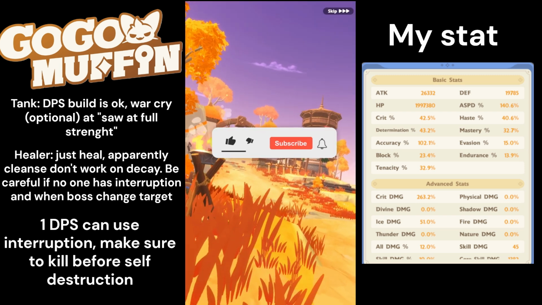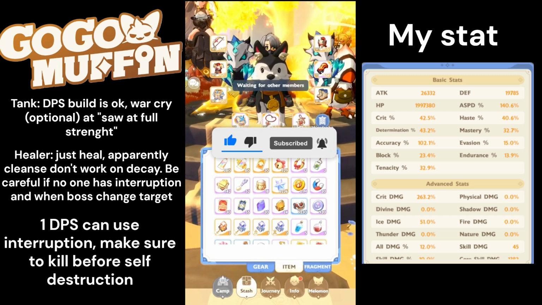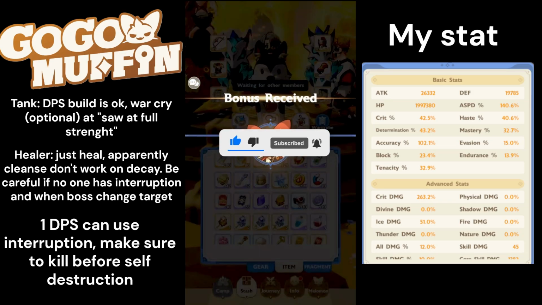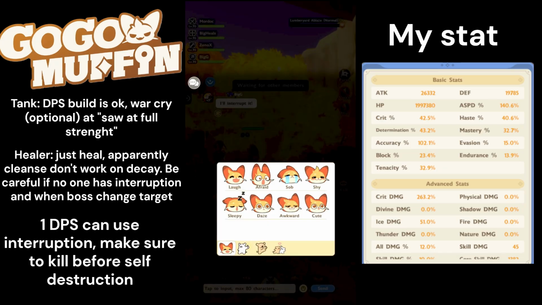Hey guys, we finally got a new rift. This one is actually quite easy, as at least it's faster compared to the previous one. There's only like a couple of things that we will need to remember during the run, so it's not that